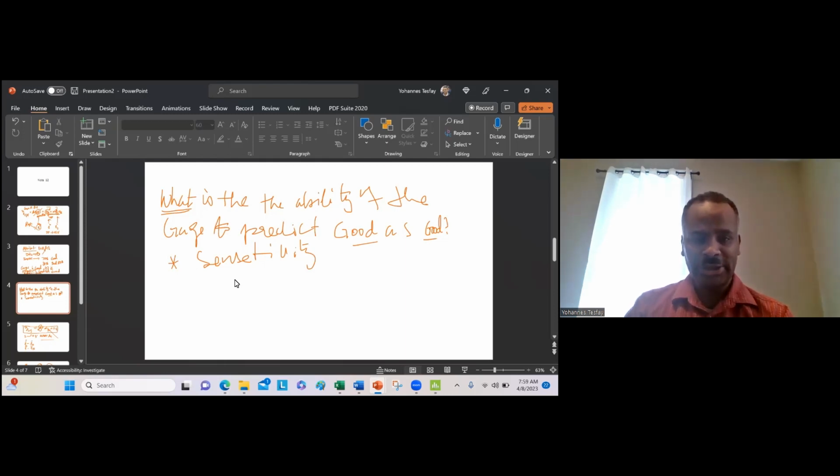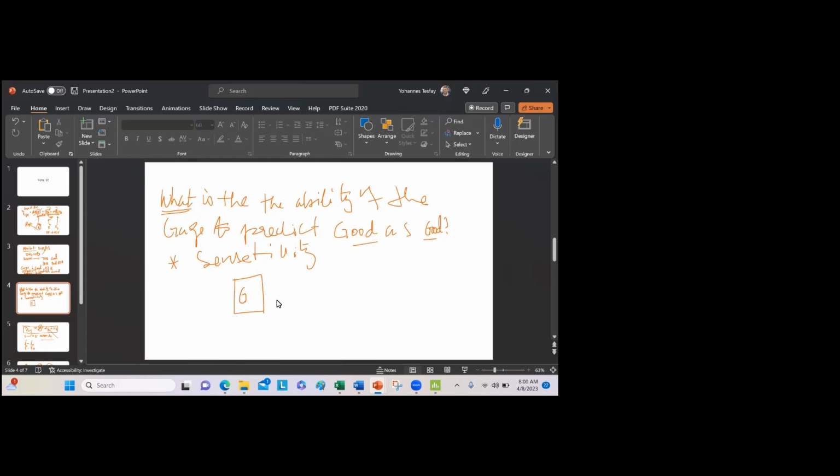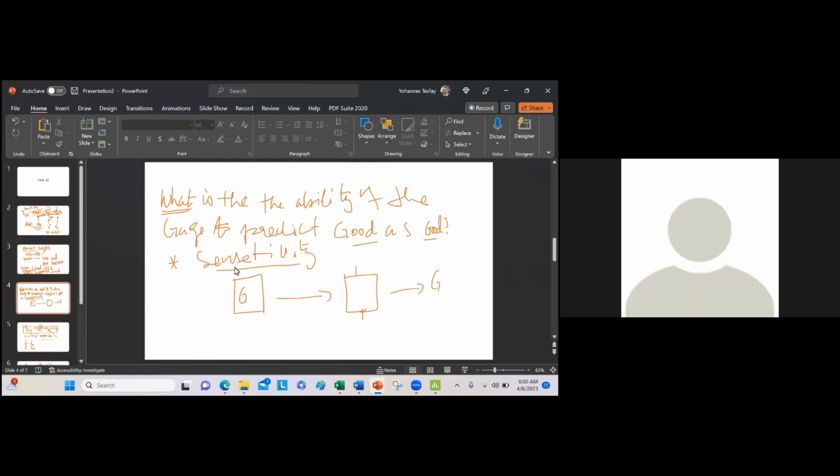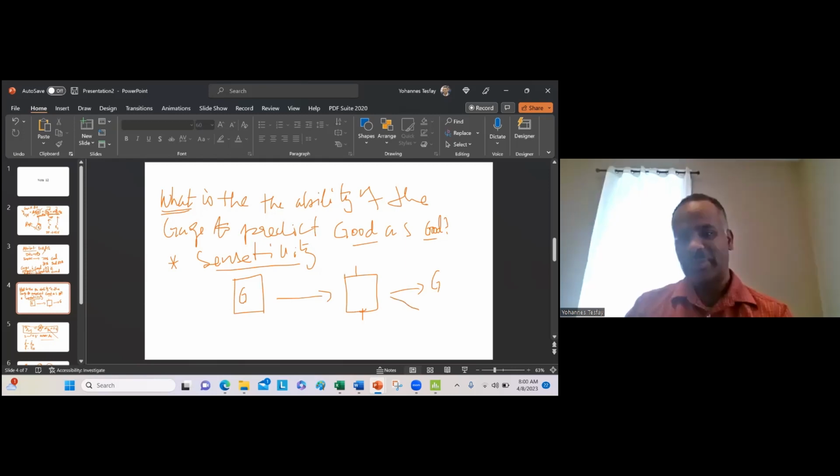So you have the sample, let's say this is a part that you want to measure. Assume this is tagged as good, and there is a measurement system, let's say either high tune or go no-go gauge. You measure it and it tells you good. This is sensitivity: you gave it a good part, but it could say bad. That is a false negative.